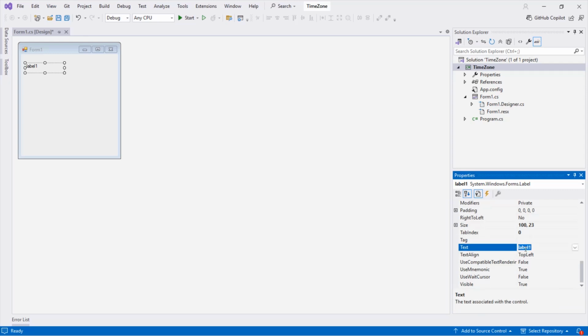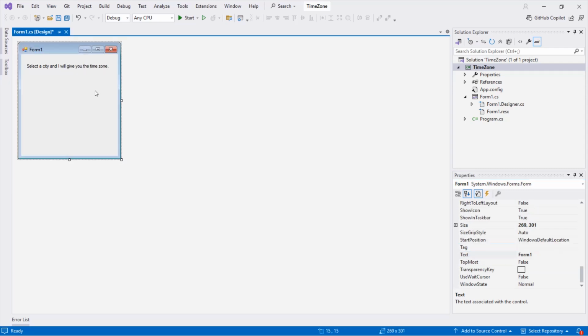And the text is select a city and I will give you the time zone. And I'm going to pull this over so it shows the whole thing here. There we go. Okay. So then the next thing we want to do is put in a list box